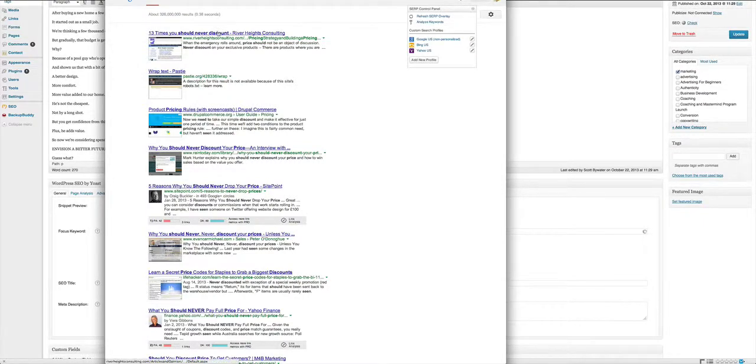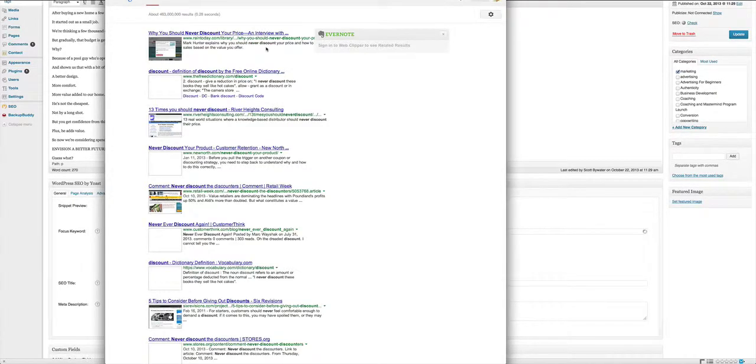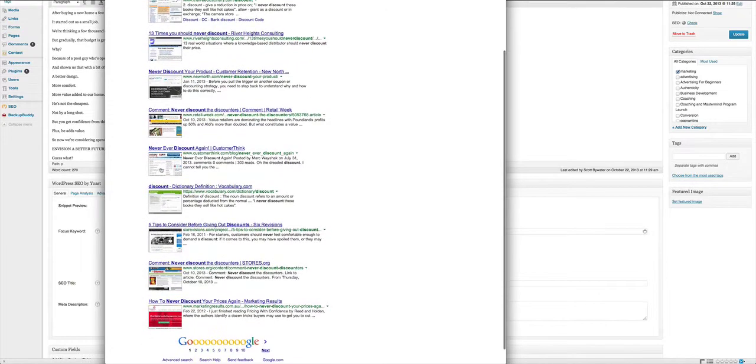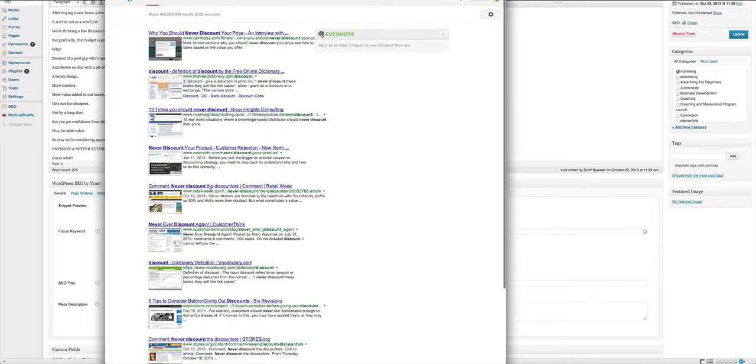So let's have a look. Should never discount. Let's try that. Why you should never discount. 13 things you should never discount, so that's not really relevant. Never discount your product, never discount the discounters, that's probably not relevant. Never ever discount again, that's irrelevant. So this is probably a reasonably good phrase to